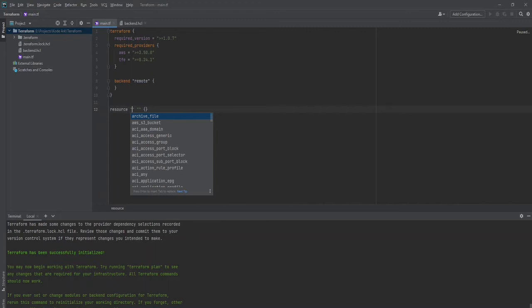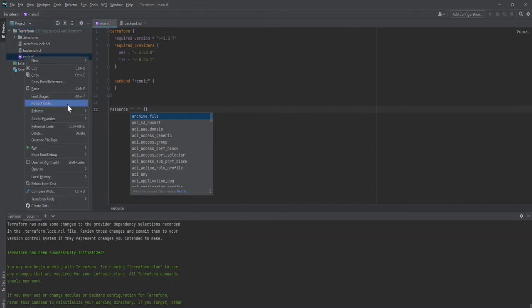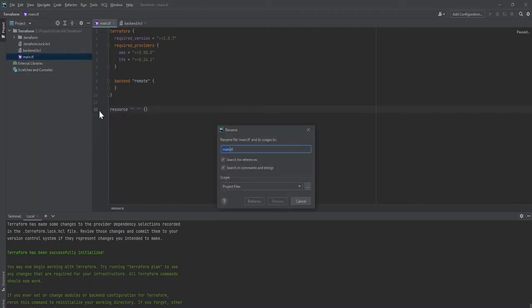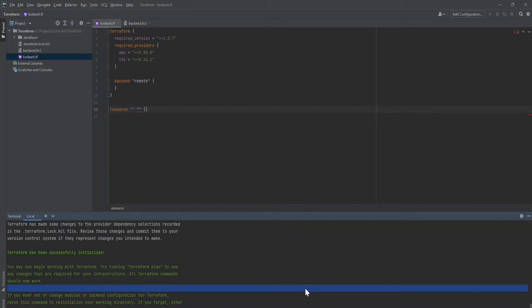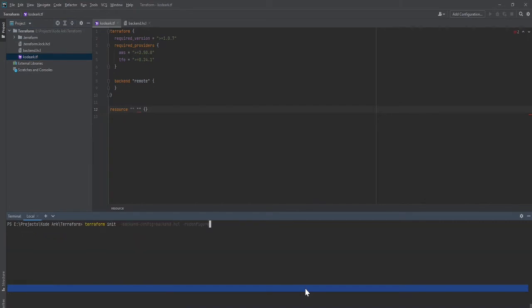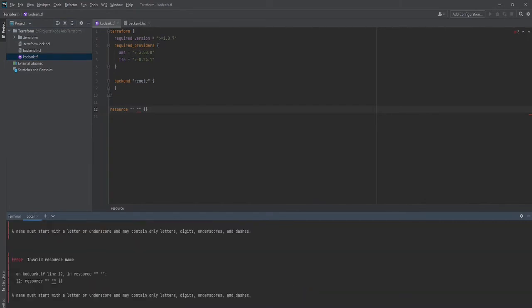But having everything in a single file doesn't make sense. The second question that comes to mind: do we really need to have the file name as main.tf? No. If I change this main.tf to some other name, for example Kodak, it will still work. But here I have the wrong syntax, so I need to comment it out.